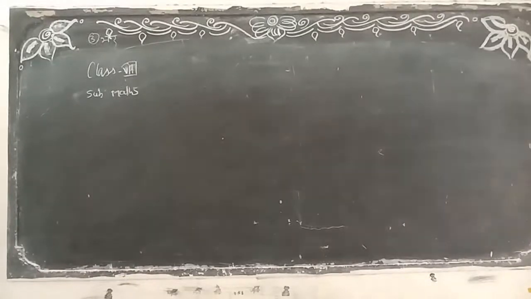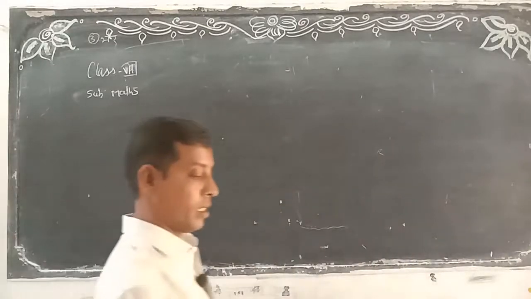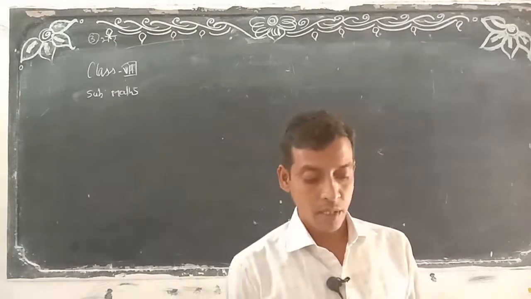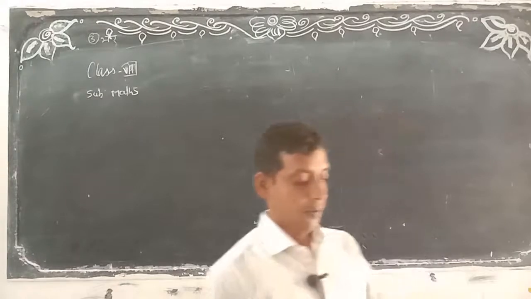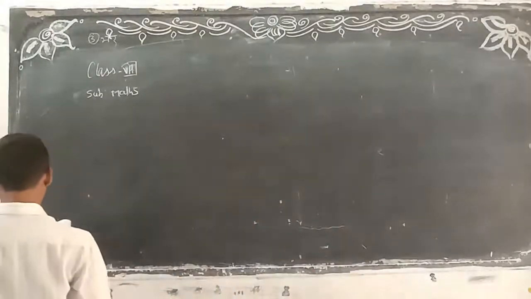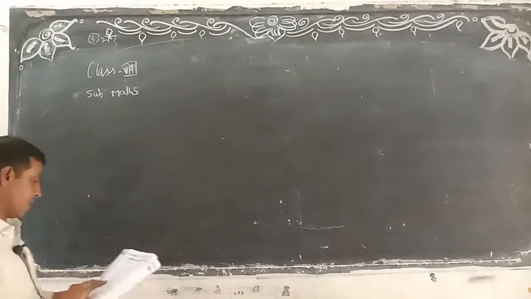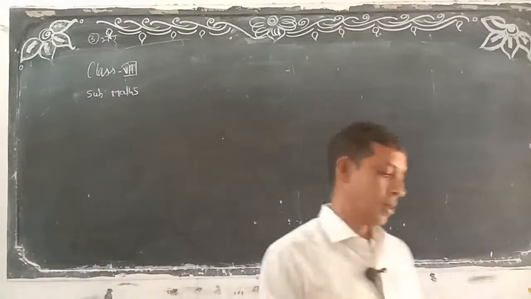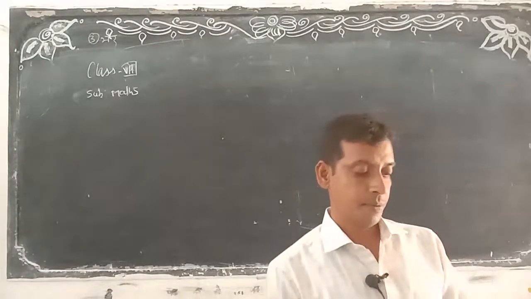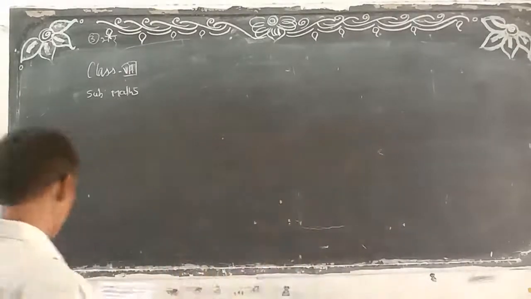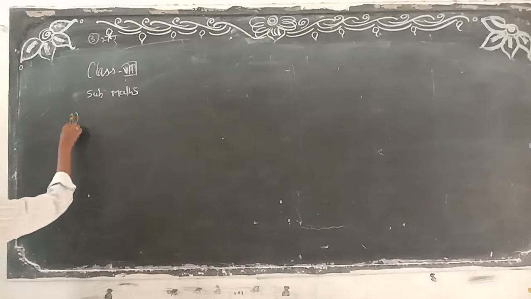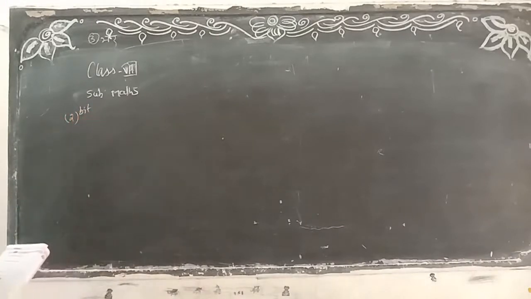So today we are going to discuss the last exercise, Exercise 3, some problems. What are the problems there? First we'll discuss the third bit. I think the second bit is completed for you. How many problems have you done? Okay, only the first bit. Now we'll discuss the second bit, starting with the first one.